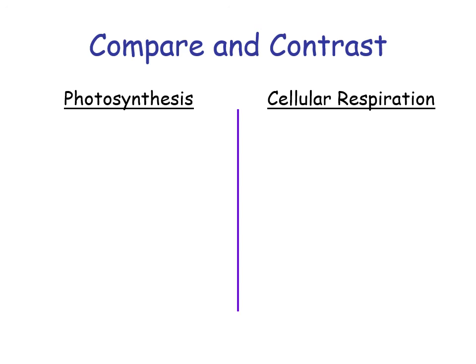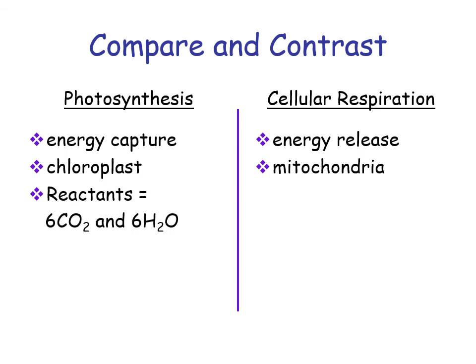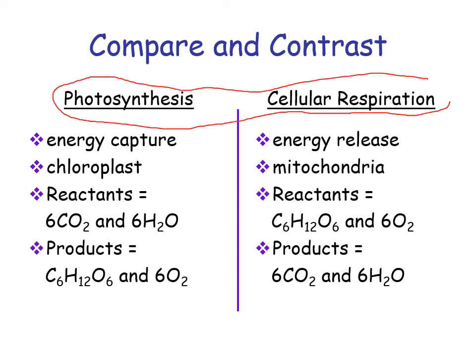We had to compare the two, photosynthesis and cellular respiration. Photosynthesis captures energy, cellular respiration releases it. Photosynthesis occurs in the chloroplast, cellular respiration in the mitochondria. The reactants of photosynthesis are carbon dioxide and water. Products are glucose and oxygen. And cellular respiration would be the reverse, where we need reactants of glucose and oxygen to produce carbon dioxide and water. So you can see that these two actually form a nice circular thing. Plants can do both, animals can only do this. So in plants we see both happening, whereas animal cells you can only see